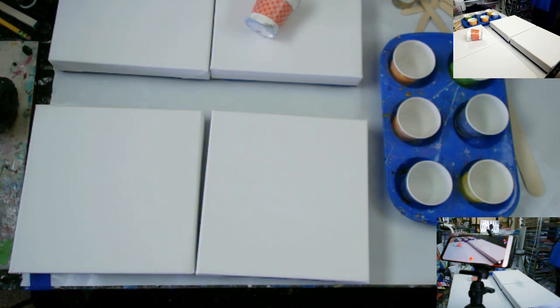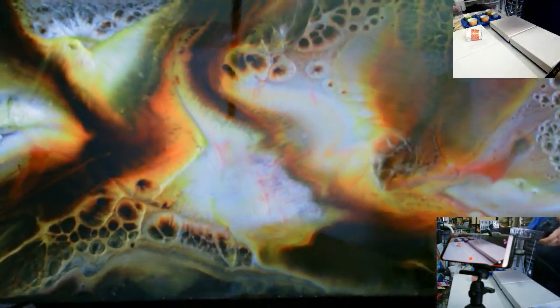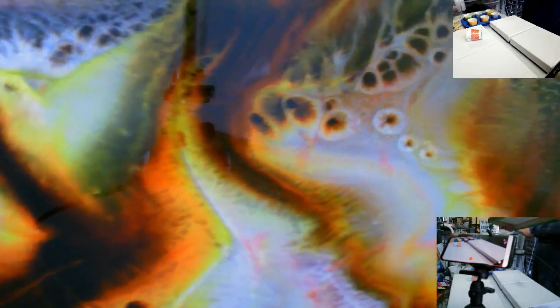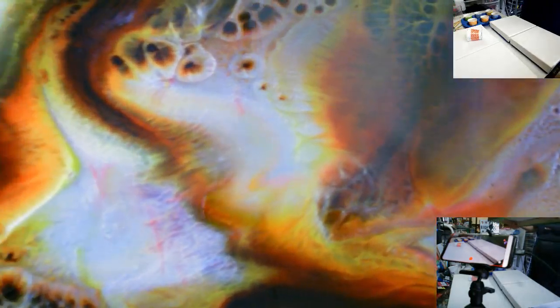I do want to show off the last two pieces I did before I get my hands all sticky. Tonight I'm going to do 4 Dutch pours. But first, let me see if I can get this to focus. This is the one I did the other day with the puddle pours. It's going to need another coat because I know it's kind of hard to see, but it's got a couple